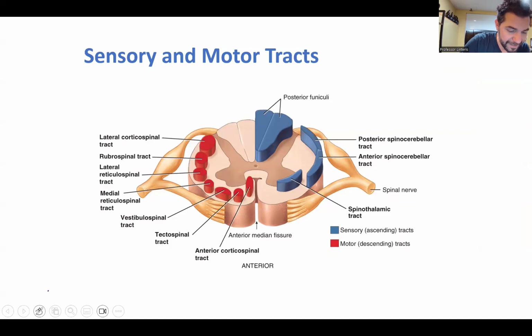And one of the last things about the spinal cord specifically is we have tracts. Notice these tracts have two different colors and they are located in the white matter of the spinal cord. They're located in the white matter because tracts are groups of axons that send messages up and down the spinal cord. And the axons are located in the white matter. So we will see here, and I'll try to draw this in general,